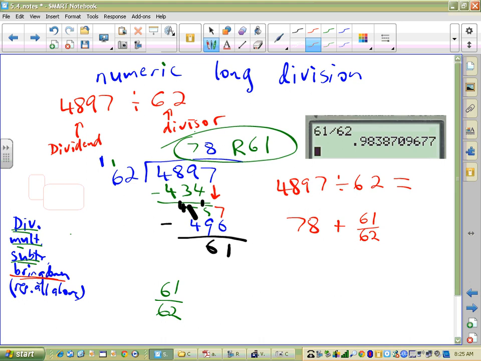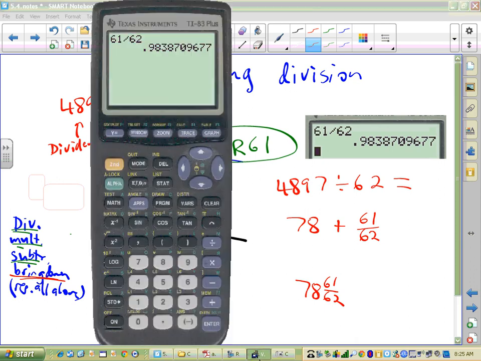That's a whole number, I kind of gave it away. It's a whole number with a fraction being added to it, right? With a smaller than one fraction being added to it. Can't we write that as a mixed number then? So that could be written as 78 and 61 sixty-seconds. Couldn't it? So when we divide on a calculator,